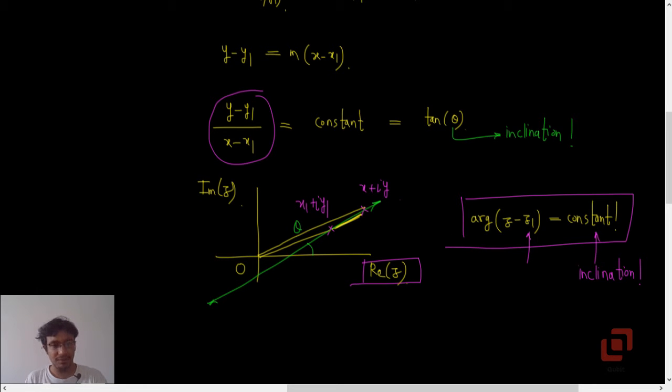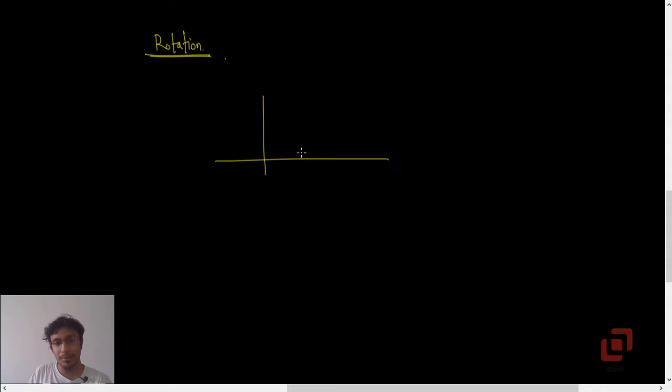The other things which I wanted to tell you were as follows. Now this corresponds to rotation, okay? Pay attention. Suppose we have a complex number here, x1 comma y1 or x1 plus i y1. Okay, now if someone asks you this question, I want to rotate this radius vector by an angle alpha.